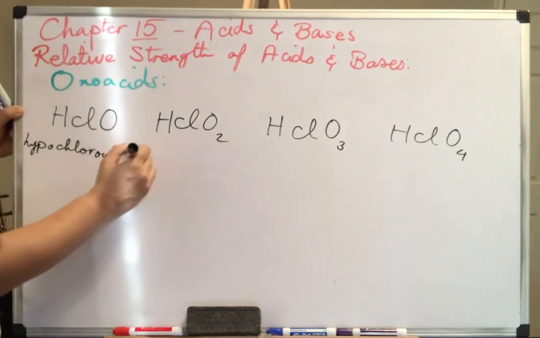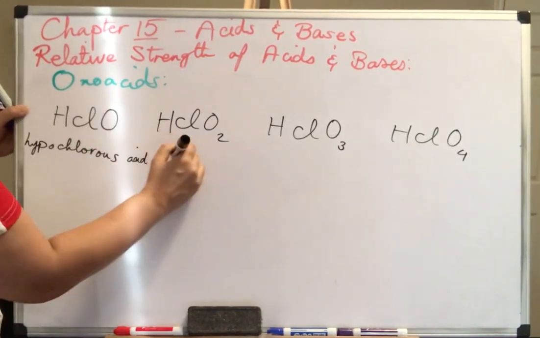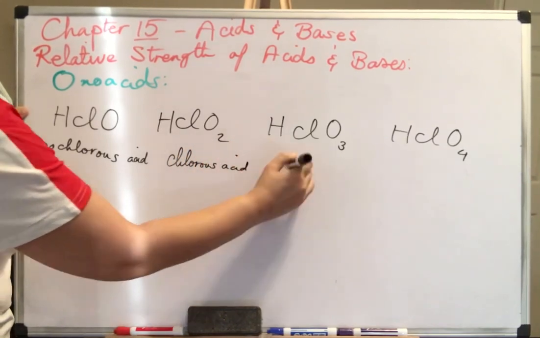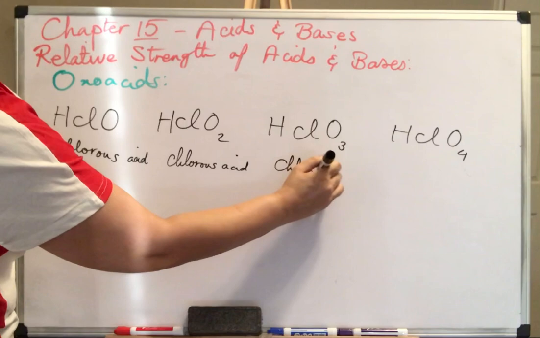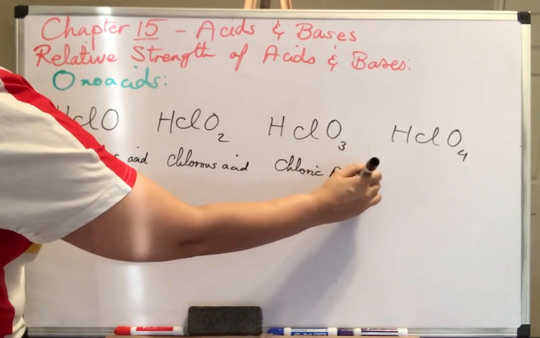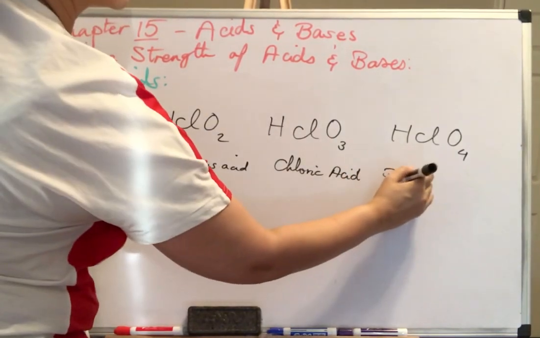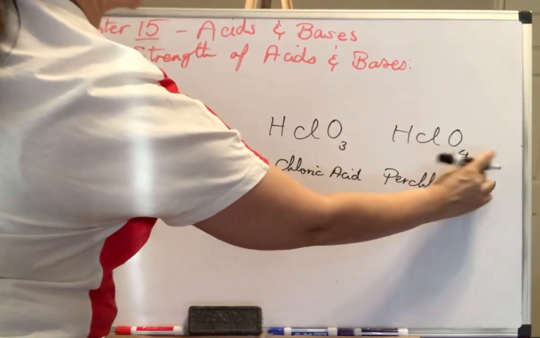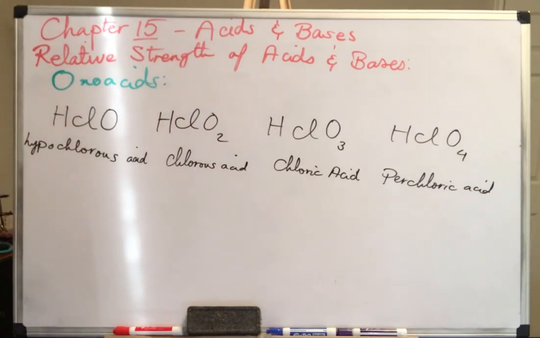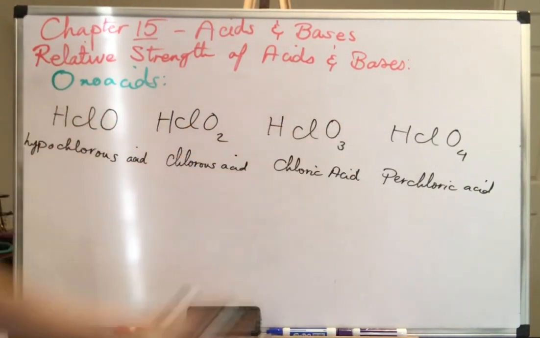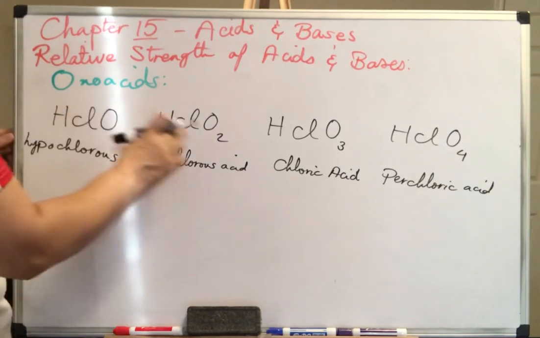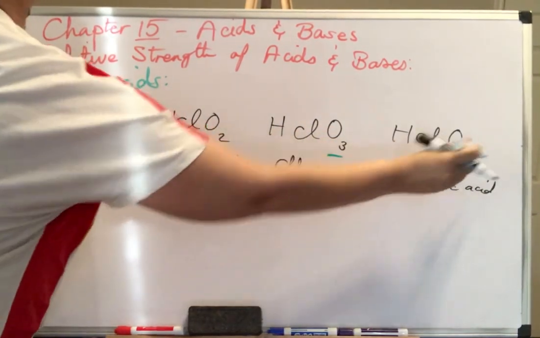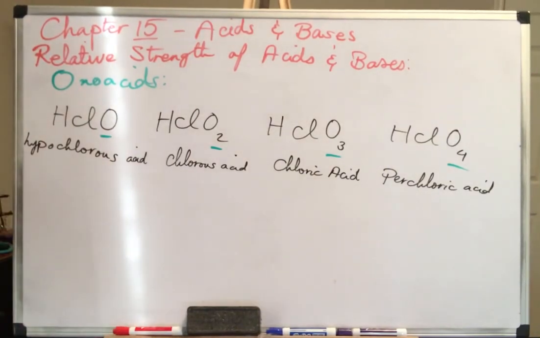Hypochlorous acid, chlorous acid, chloric acid, and perchloric acid. So what is the difference? You see, each of them has one hydrogen and one chlorine, so the only difference is the number of oxygen atoms, right? The structure is